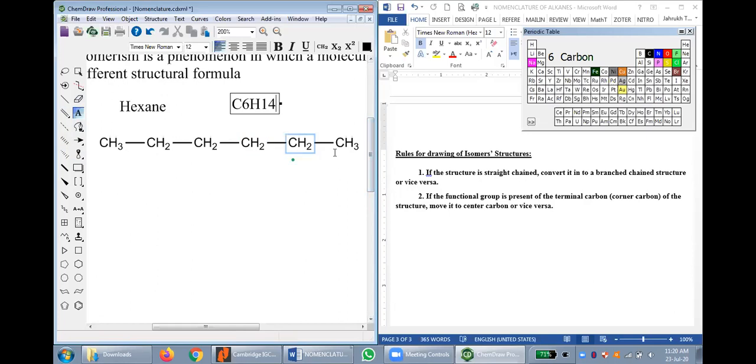You cannot take it as an isomer. You're supposed to separately draw 3 isomers। Question number 2. Molecular formula is C7H16। You're supposed to draw 4 isomers।